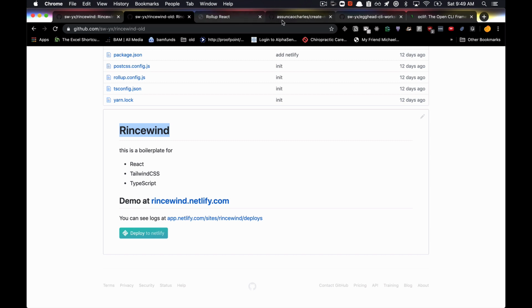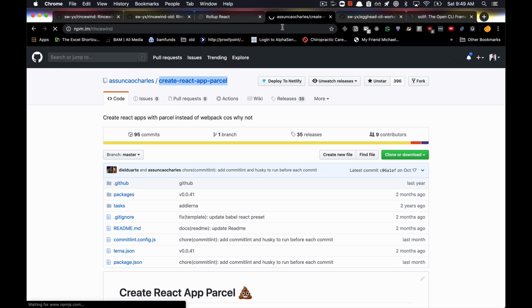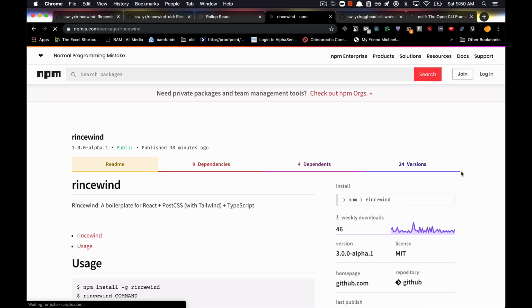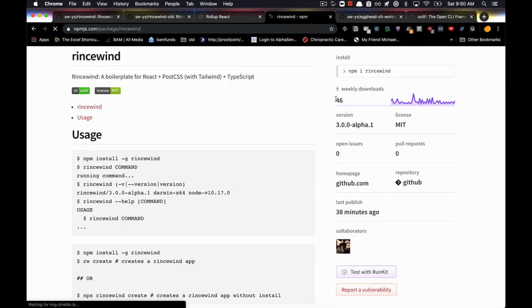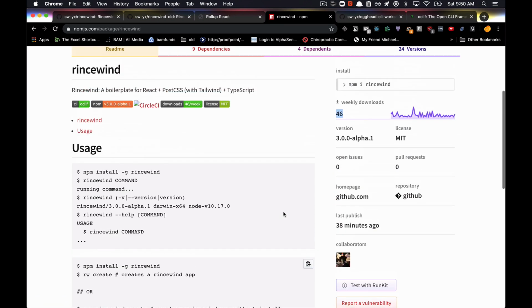I looked at npm.im/Rincewind and saw that it was taken but not active. So the process for taking over an inactive project is you're supposed to email the maintainer, in this case mmckeg, and ask him nicely, and if they don't respond in 3 weeks, they'll hand it over to you. And sometimes they want it, sometimes they don't. In this case, this guy was super responsive and just handed it over right away,